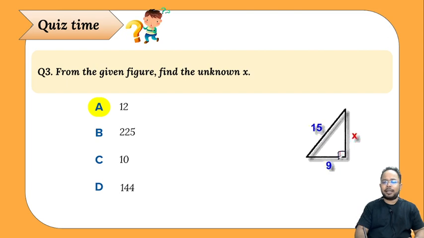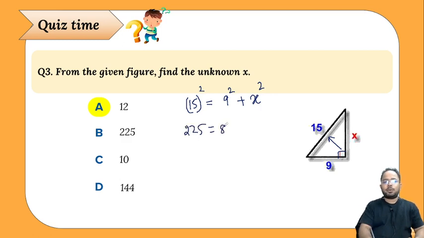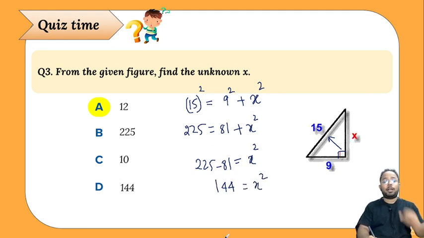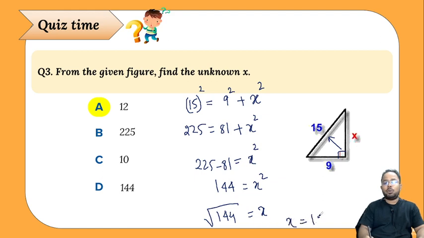बहुत ही आसान। राइट एंगल इधर है तो इसके ऑपोजिट क्या बन गया, हाइपोटेनस का स्क्वायर इक्वल टू बेस का स्क्वायर 9 स्क्वायर, और ये हो गया एक्स स्क्वायर। सो 15 स्क्वायर इज 225, 9 स्क्वायर होता है 81, ये एक्स स्क्वायर हो गया। सो एक्स स्क्वायर इक्वल टू 225 माइनस 81, इसको इधर ट्रांसपोज करेंगे तो माइनस हो जाएगा। 5 माइनस 1 इज 4, 12 माइनस 8 इज 4, और ये बच गया 144। अब एक्स स्क्वायर अगर 144 है तो x क्या हो जाएगा, स्क्वायर रूट ऑफ 144। ठीक है, और ये आ जाएगा हमारा x इक्वल टू 12। चलिए सो लेट्स मूव टू द नेक्स्ट वन।